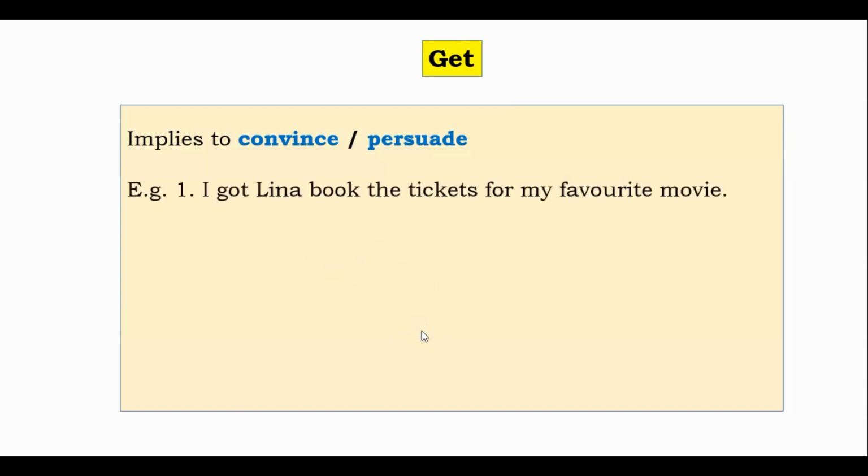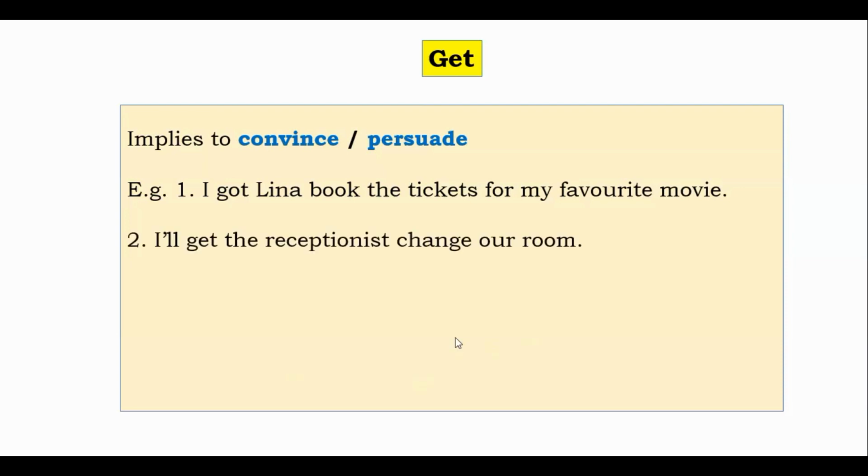Next one is get. It implies to convince or persuade someone, to yield someone to your request. Example, I got Lina book the tickets for my favorite movie. Actually, it is not her favorite movie, but I was successful in convincing her or persuading her to watch my